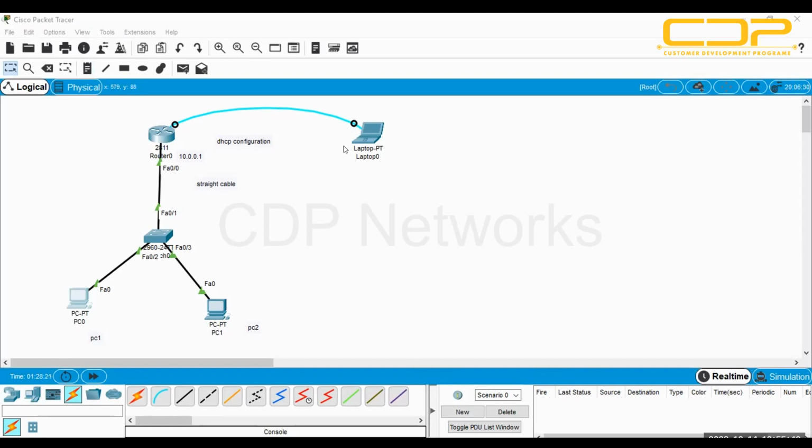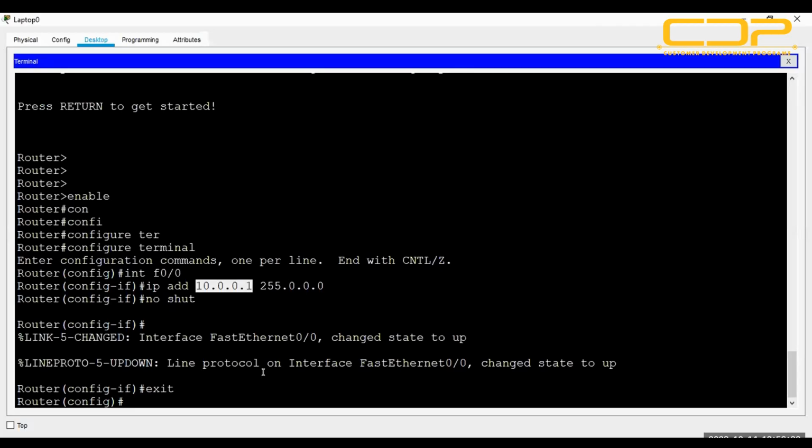Okay. Now we are going to configure the DHCP configuration on the router. How can the router provide an IP address to the systems if the systems are set to obtain an IP address automatically, or DHCP? How can we configure the DHCP configuration on the router? I'm going to click on the laptop also. Everybody see my laptop terminal? Yes. Now I am configuring